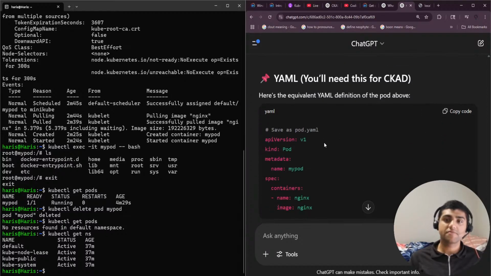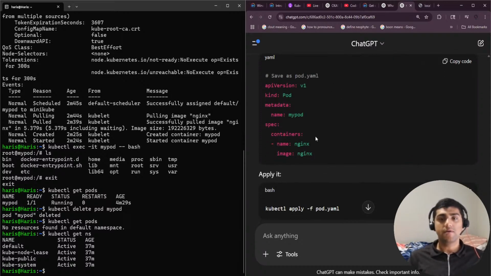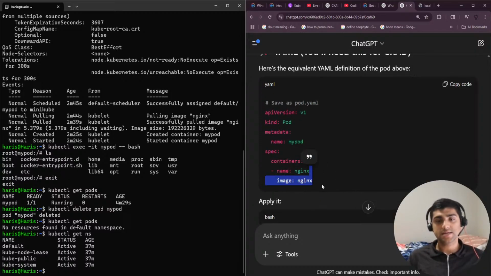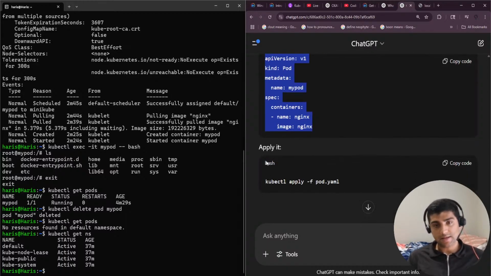Now YAML, you'll need this for CKAD. So here's the equivalent YAML definition of the pod above. What is this YAML definition? Save it as pod.yaml. API version v1, kind is a pod, metadata is a name my pod, spec the containers. And in the spec, we have a container that is an nginx image. So it's an image; when you run it, it's a container. When it's inside of a pod, all the things come together,